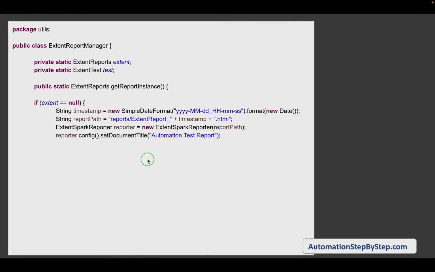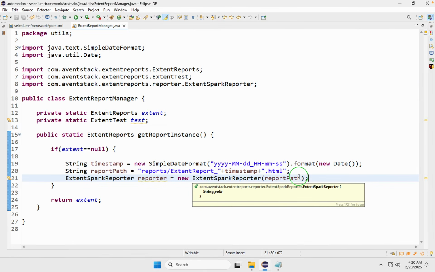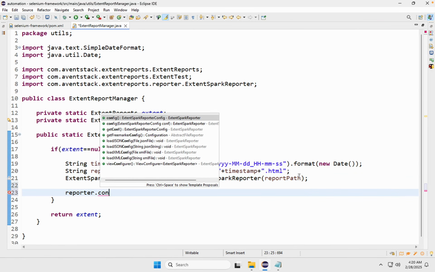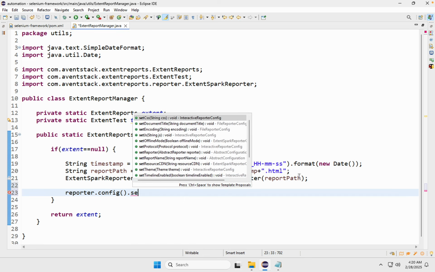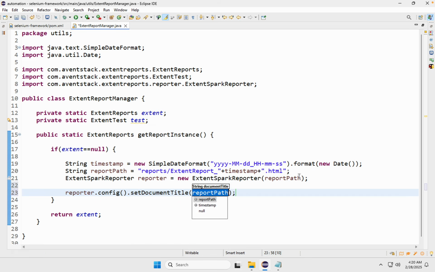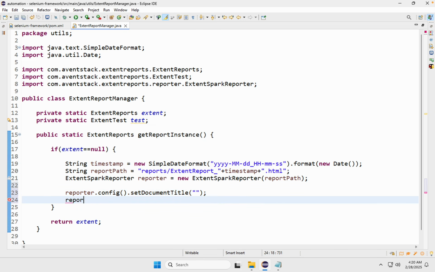Now here we are also going to set the document title and the report name. Using the reporter instance, now we can set reporter.config.set document title and set report name. So I will say here reporter.config.set document title, and you can give the title here whatever you want, and then